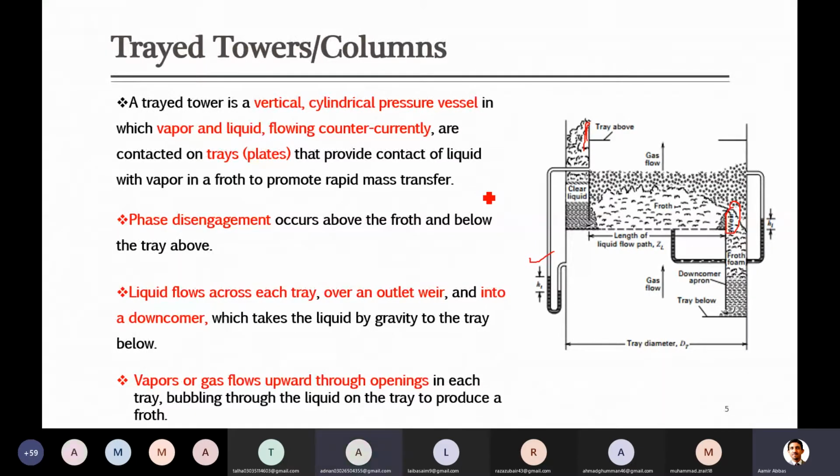Sir, the gas pressure will be decreased because the gas is hindered by the liquid. Okay, well played. So good. As you keep on moving above the distillation column, if you start from the bottom, as you keep on moving towards the top, pressure decreases, although there is a slight decrease.